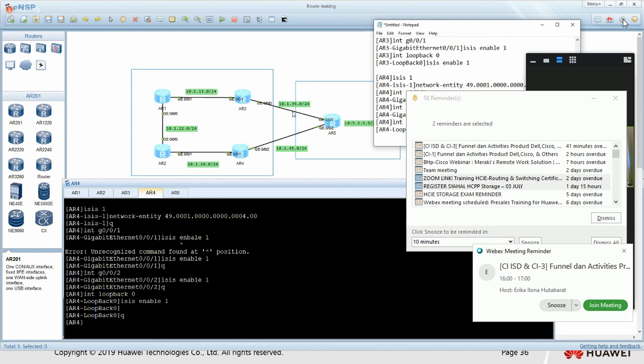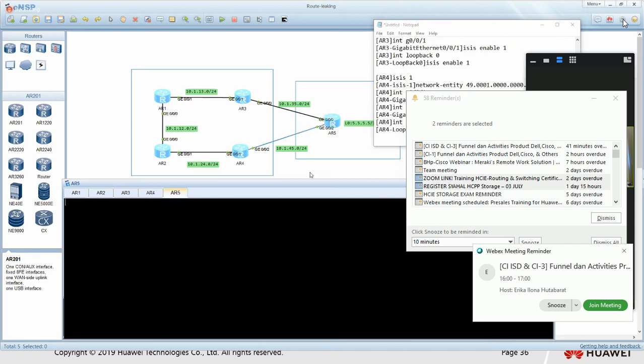And the last one, router number 5. Router number 5 is a bit different because it belongs to another area. It's 49002. So over here, be careful when you define this. It's under next areas. So I put ISIS 1